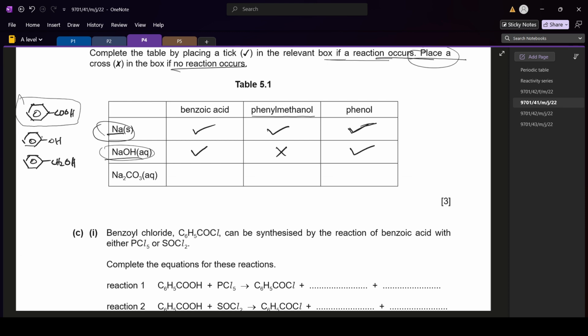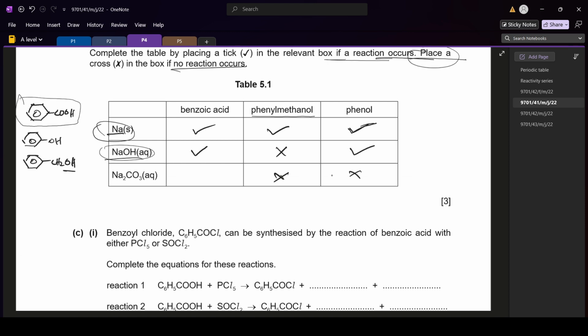So there is more delocalization in the ring, and you can say the delocalization of the ring is extended. So it attracts electrophiles better, and it becomes more reactive. Okay, so yes, it will react, but in this OH group, phenyl methanol, the OH bond is weaker, so it will not react with sodium hydroxide. This phenyl methanol is not strong enough to react with sodium hydroxide, and